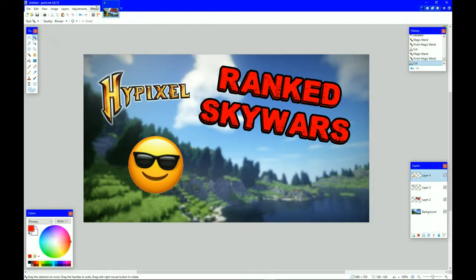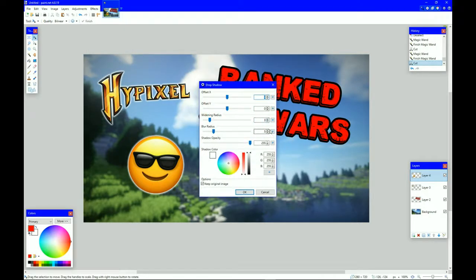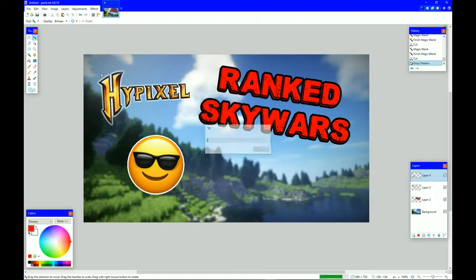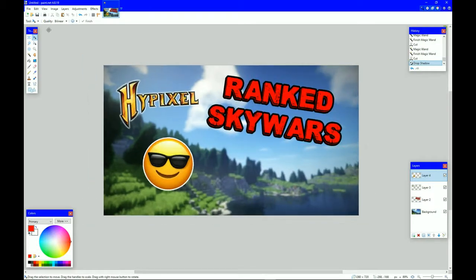I'm going to go back to the move tool, then hit Effects, Object, Drop Shadow, and just put a little white border on there, make it stand out just a little. You can make it whatever color you want. So I'm gonna do that, and then once you do that, you can also, if you want to,